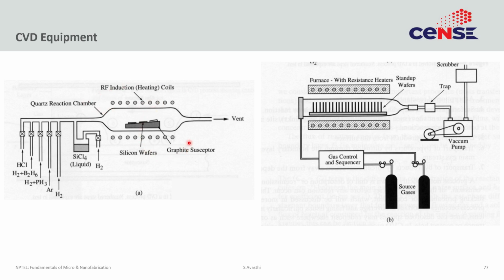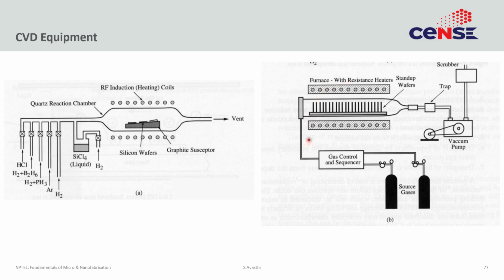In this case, I am trying to show you probably an atmospheric pressure CVD. So, APCVD does not necessarily have any pump because there is no pressure being created, the gases are just vented. You put in your precursors from the left hand side, the precursor can be a liquid, for example, silicon tetrachloride is a liquid. And in this case, because this is a cold walled reactor, you are doing RF heating. And there is a graphite susceptor which is what heats up, and because this is an APCVD reactor, boundary layer is a very big problem. So, you load the wafers at an angle such that you get uniform deposition everywhere.